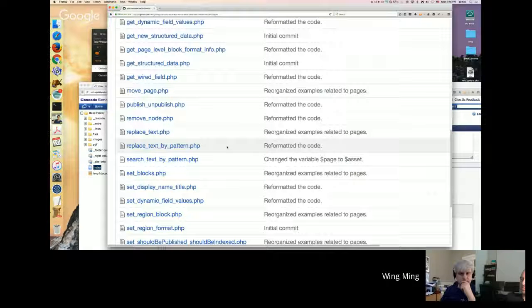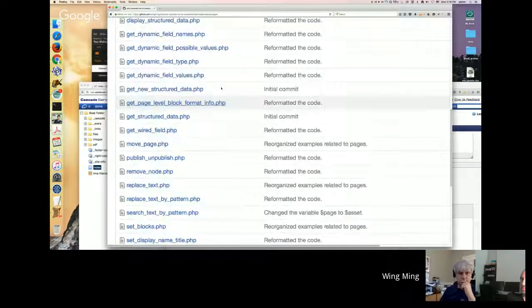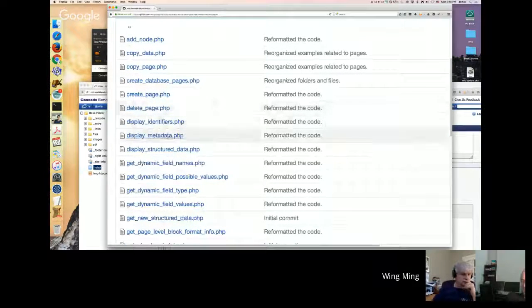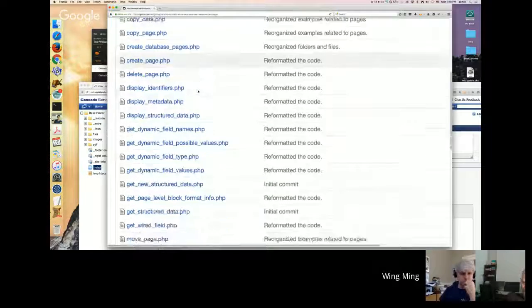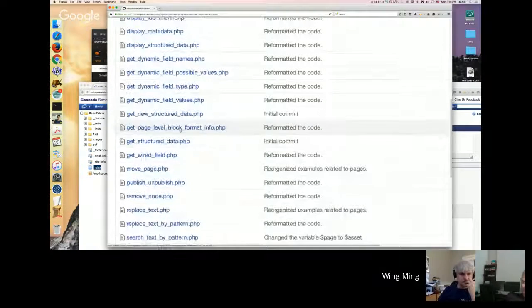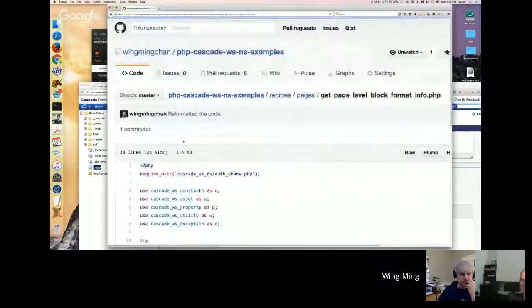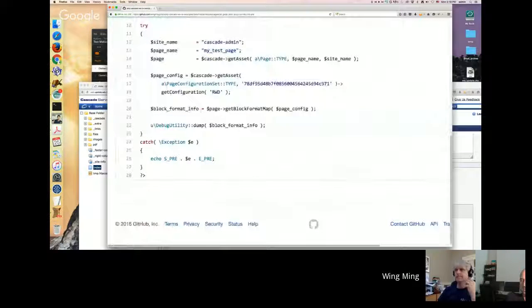Now, in the page class, there's a method. I need to find that first. Structured data. Let's see. Get dynamic new structured data. Page level format. Yep, this one. There's a method defined in the page class, get block format map. This method returns an array telling you what blocks, what formats are attached to what region at the page